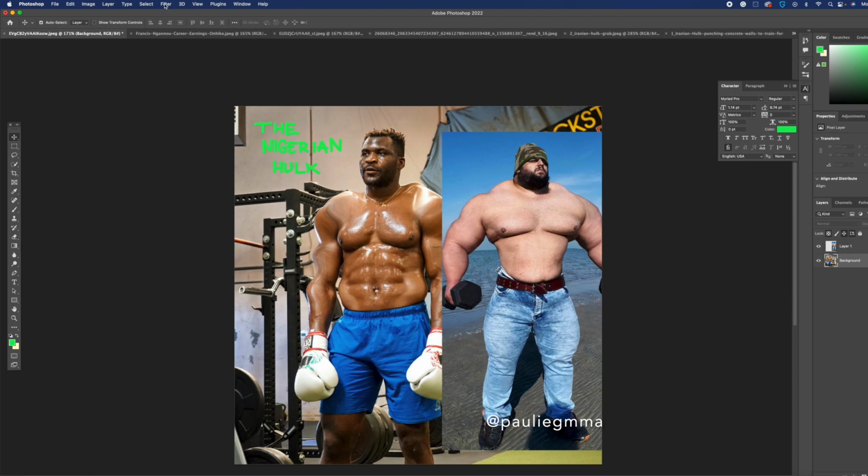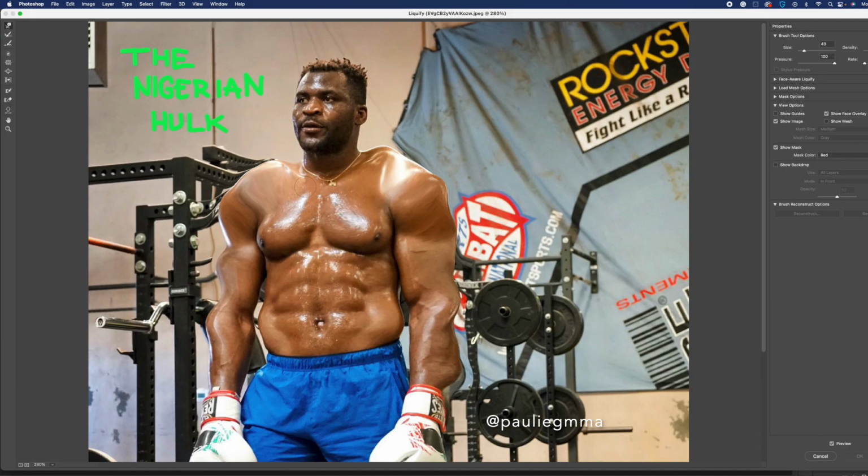If you do the liquify tool, you can kind of sculpt his boobs out a little more. Somewhere along the way, I made his boob come far up. See, now it's all the way up there. If you move it down, now his boob's over there. So the further you move it,